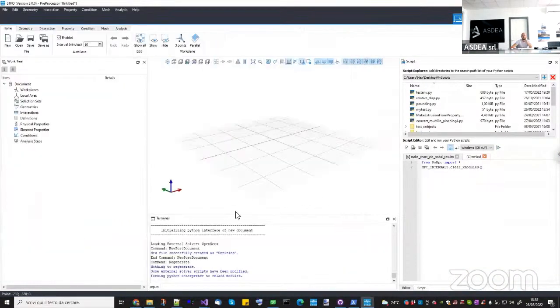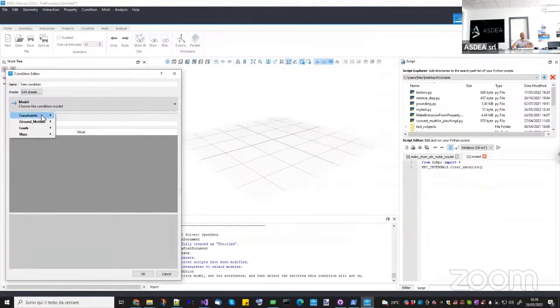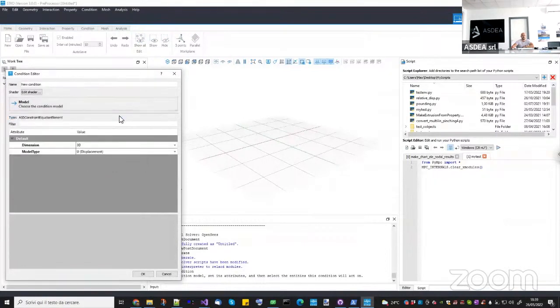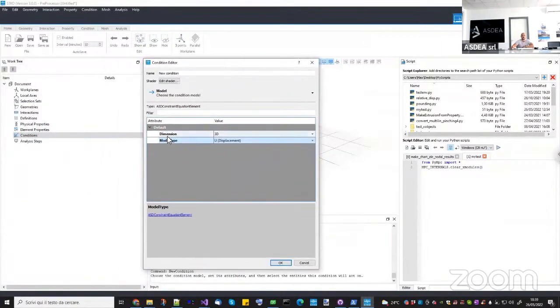I have my own file, I'm here. Let's try to go to condition and see if I can see it. Constraint. And I can see it here, ASD constraint equation element. I open it, and now as you can see, I only have these two variables, okay? So these two strings, the first one I can choose between 2D and 3D, and the second one I can choose among them, okay? Now, if you want to do a change, for example, I don't have any description here,